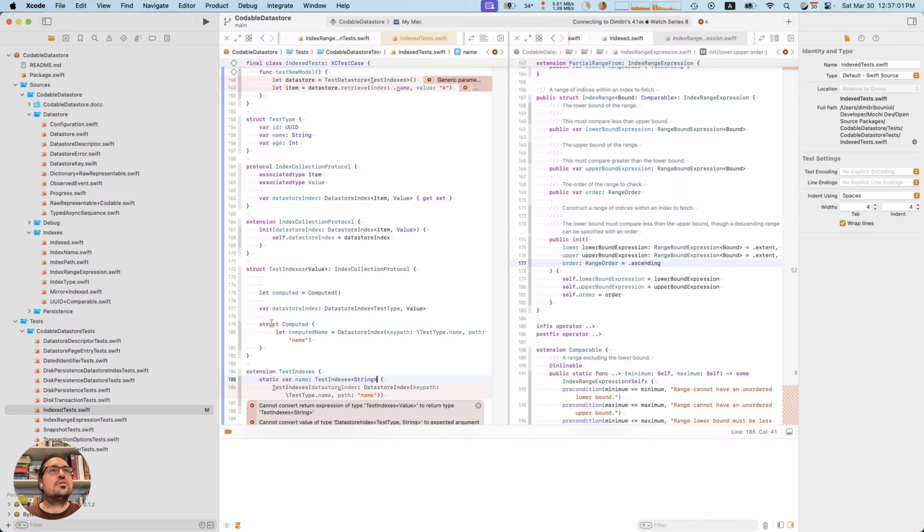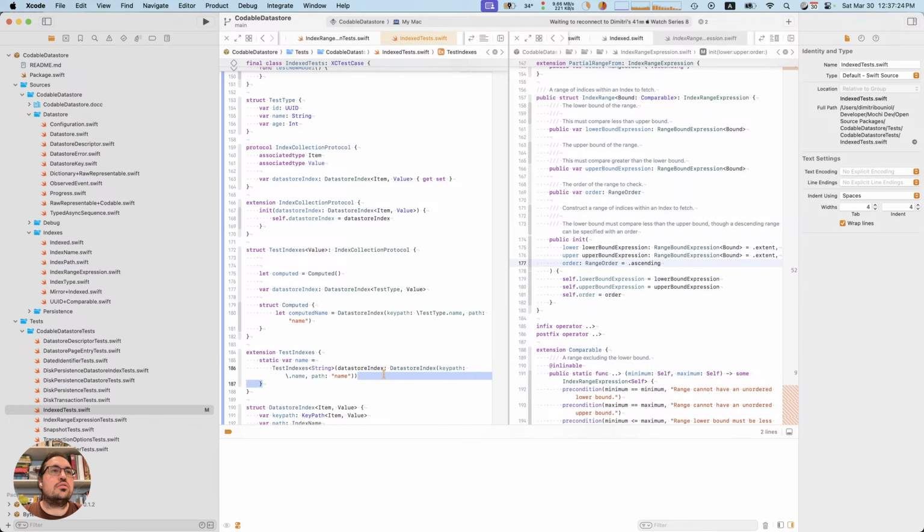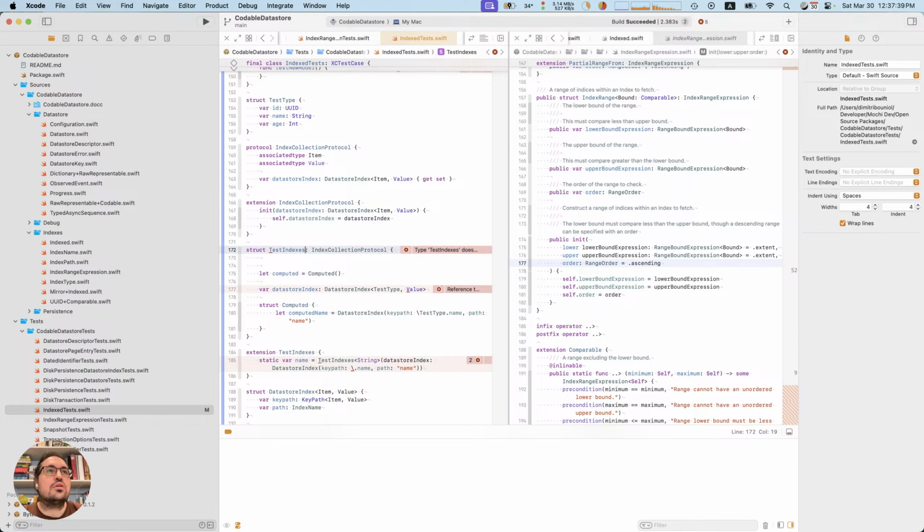Why is this not happy? Cannot convert return value of type. Maybe we can store it now. Static stored properties are not supported in generic types. Okay, does it have to be generic? Oh, it's really not happy if it's not generic.